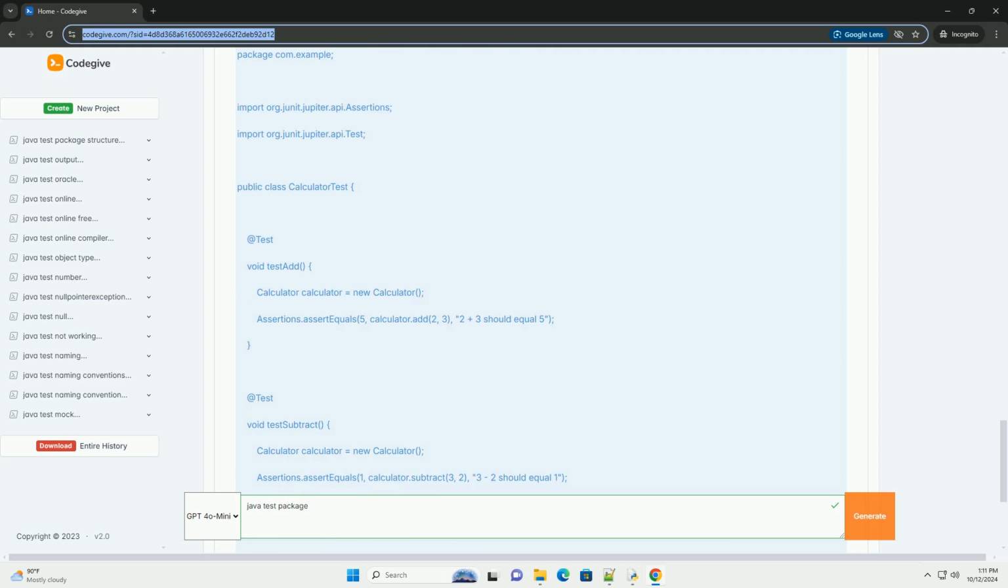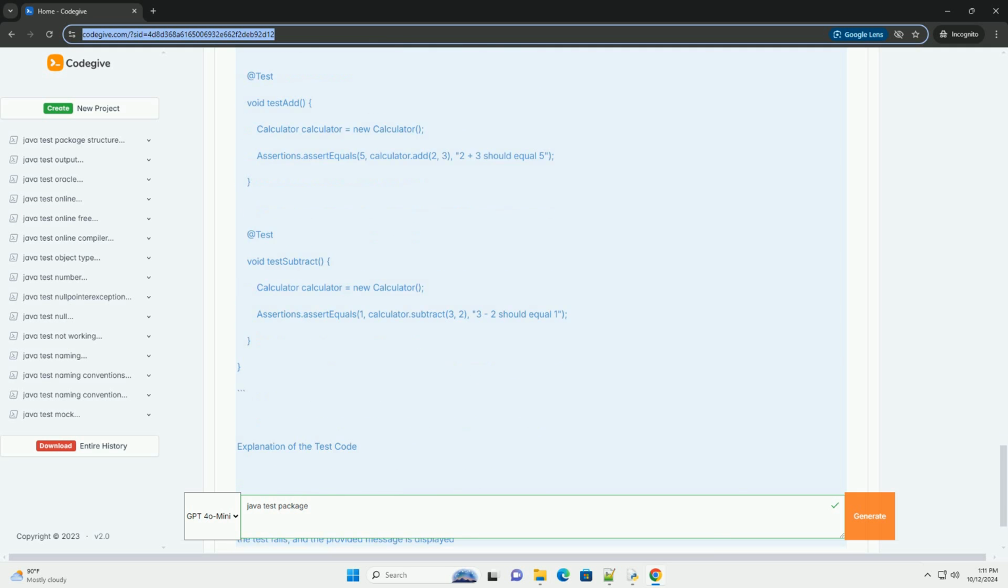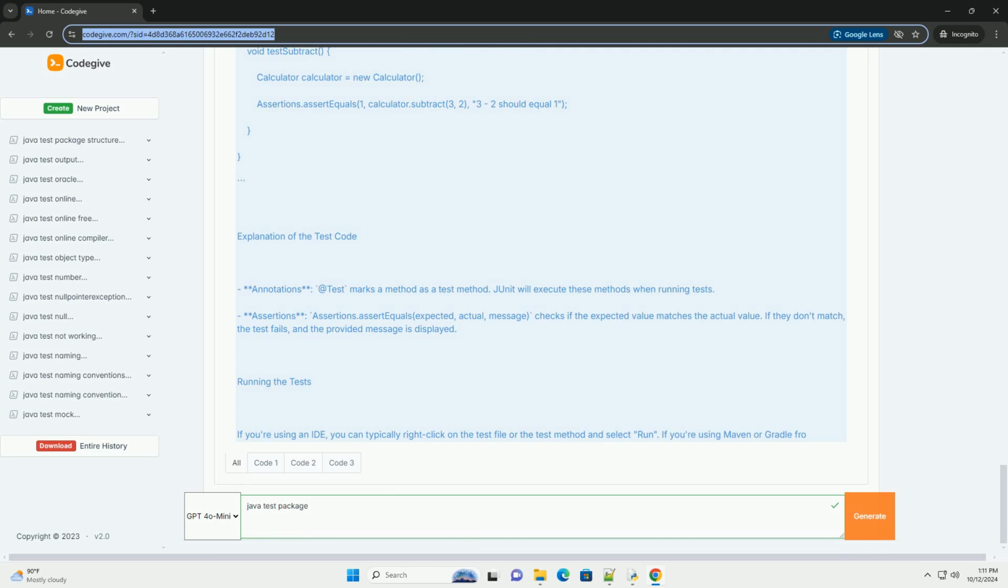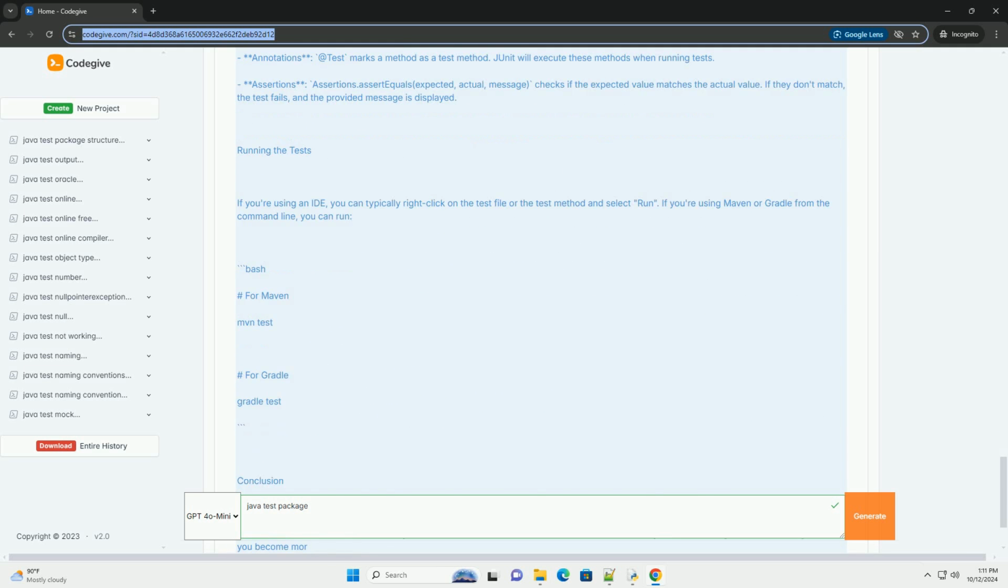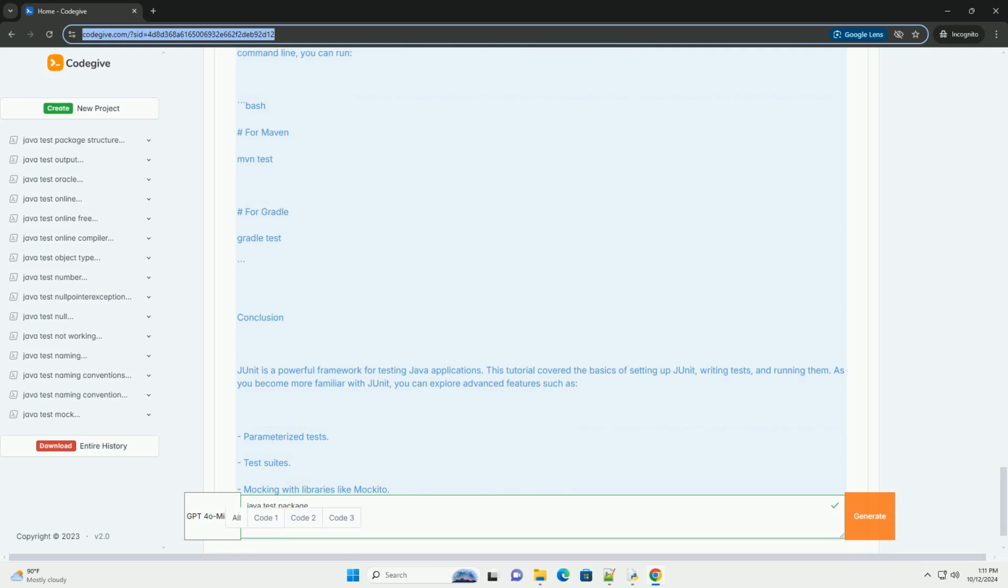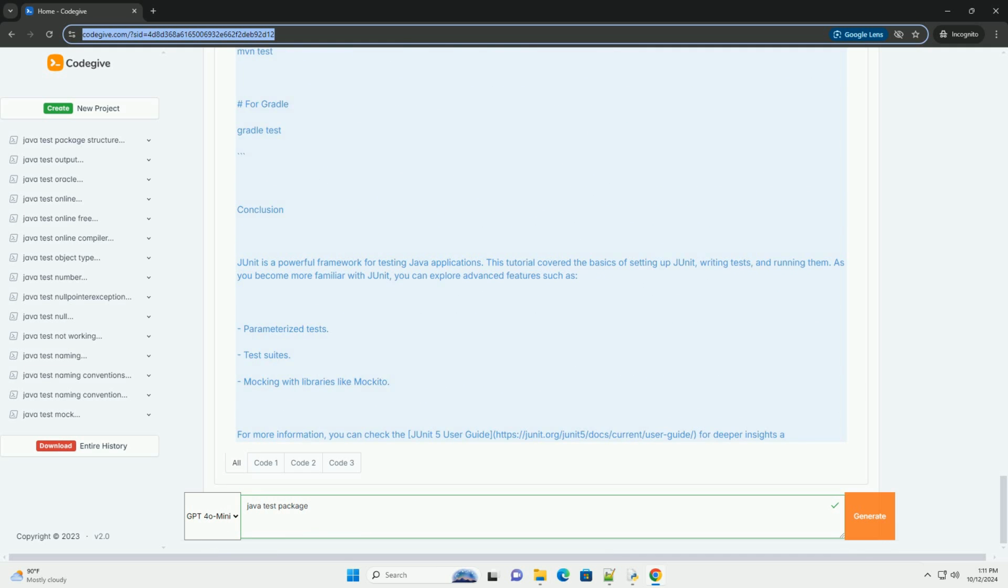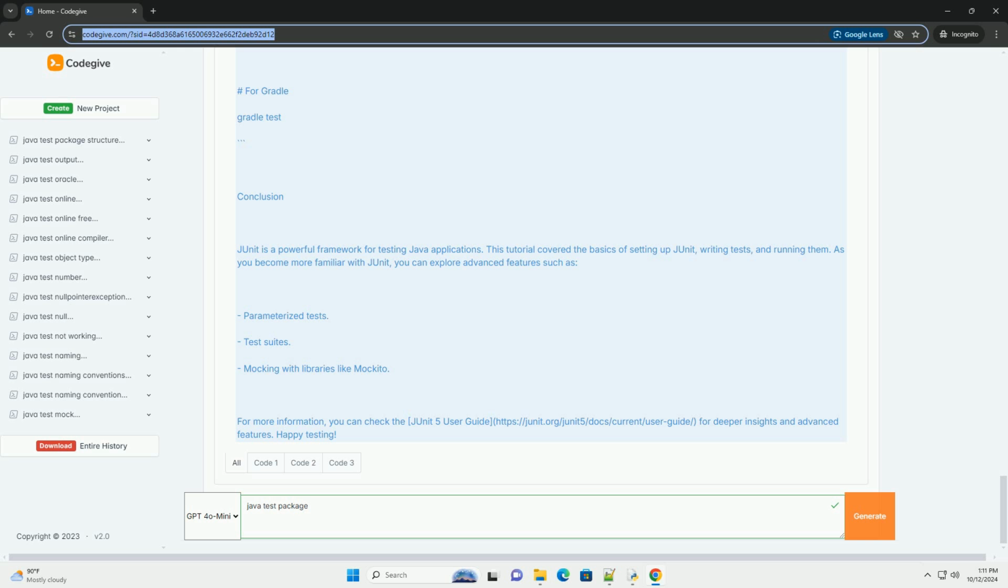Overview of JUnit. JUnit is a popular testing framework for Java that allows developers to write and run repeatable tests. The key features of JUnit include annotations to identify test methods, assertions to test expected results, test runners to execute tests,